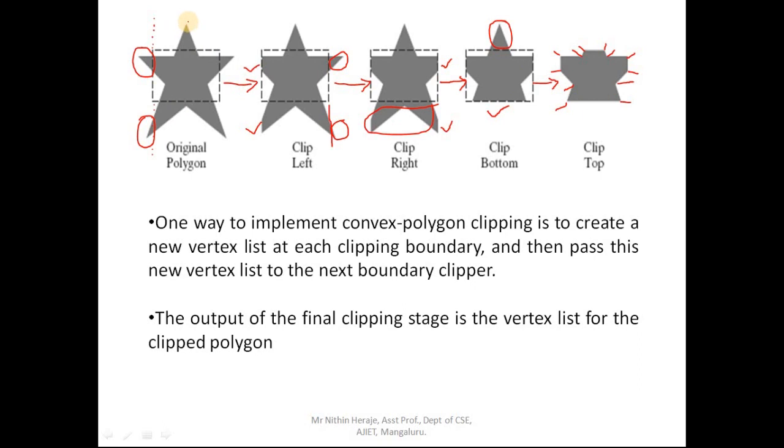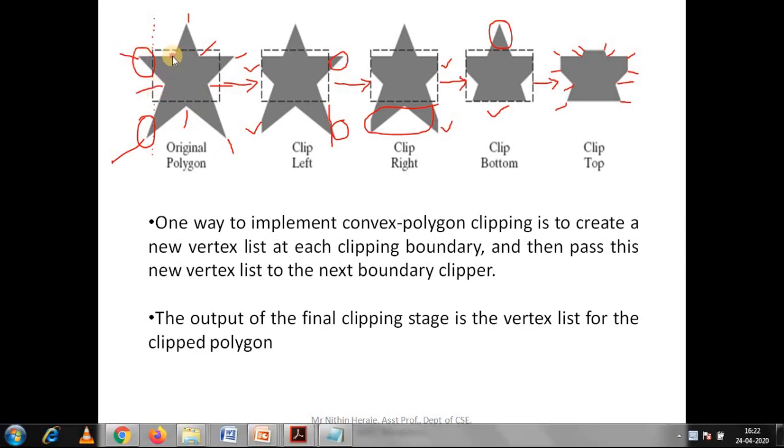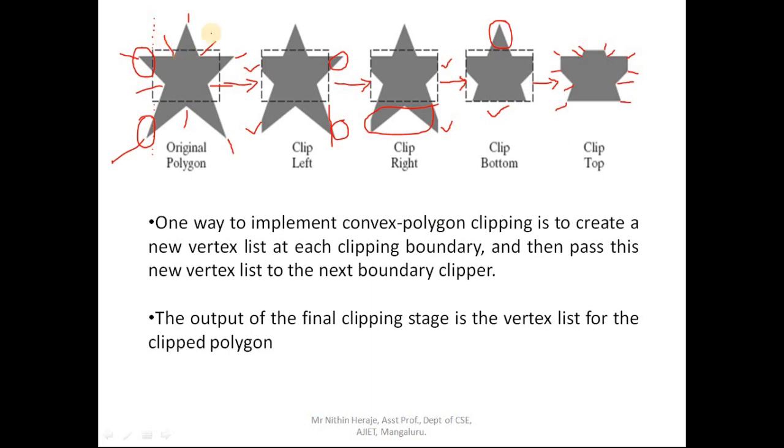Meanwhile, if you look at the original polygon, we'll see how many vertex it had. 1, 2, 3, 4, 5, 6, 7, 8, 9, and 10. So 10 vertex for the original polygon, and after clipping you will be having 12 vertex. Okay, so these are the 12 new vertexes. Fine. So next we'll see the demonstration how the clipping will happen.